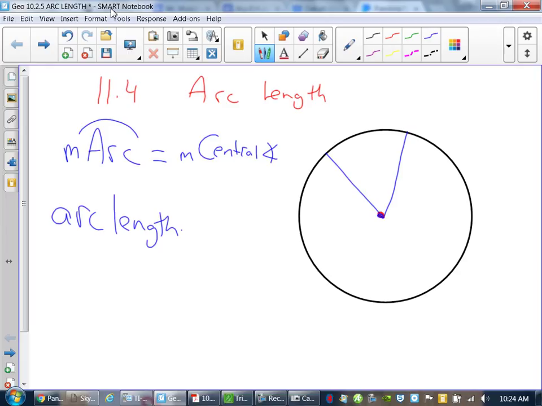Arc length is totally different. Arc length winds up being the distance that's on the circle. Okay, the arc length is going to be the distance